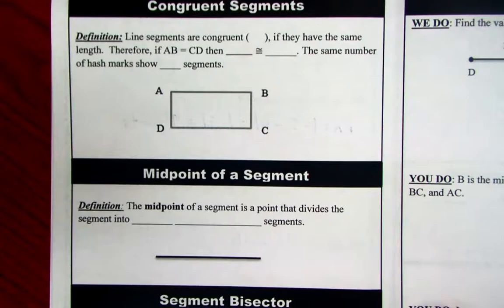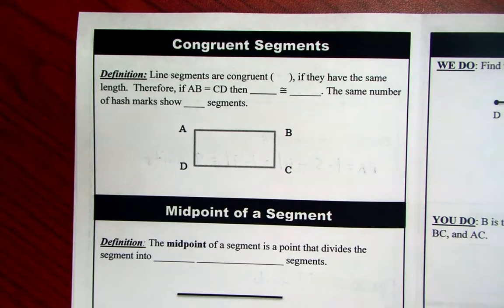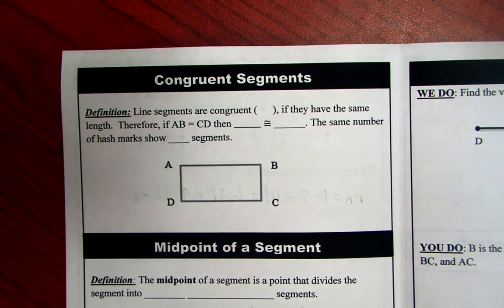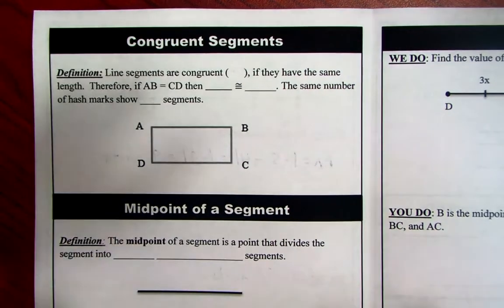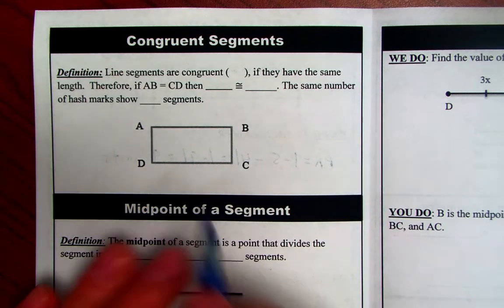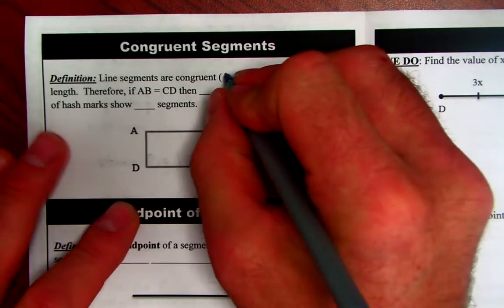All right, let's go on to the next page where we talk about congruent segments. And congruent, you may have heard that one before. I think you should have. It really just means same shape and size. But when we're referring to segments, they're just a line or just a part of a line, so they just have a length. So line segments are congruent